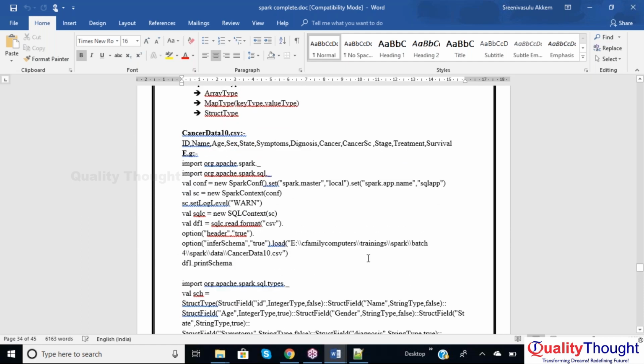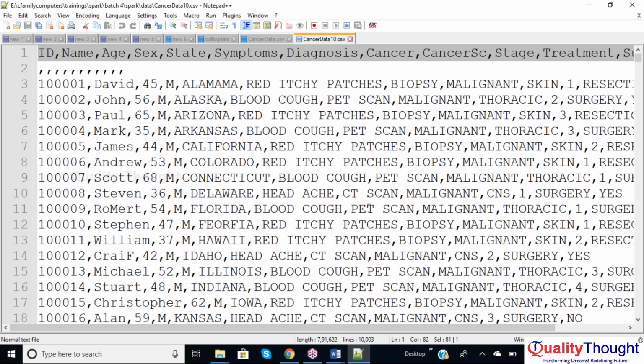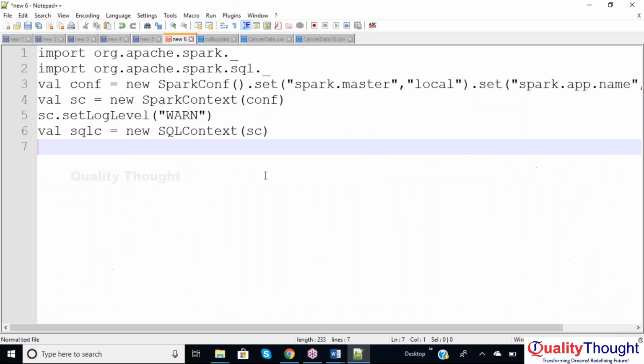So first, up to this part I'm copying into one file. We require up to this part, right? SQLC. So I'm copying this one into one file. First we need to import